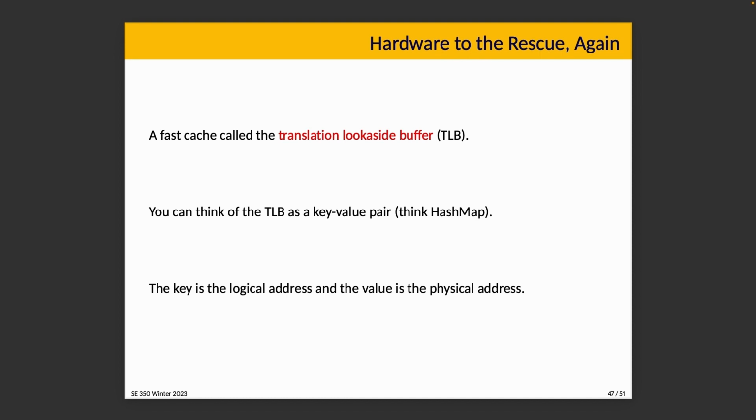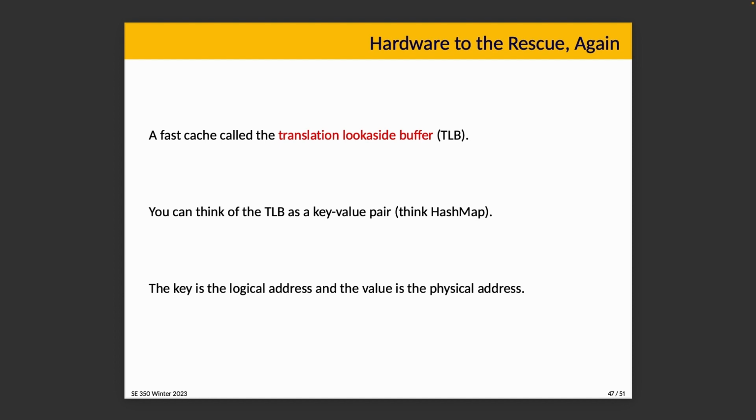Hardware to the rescue again: a fast cache called the Translation Lookaside Buffer, TLB. You can think of it like a key-value pair, like a hash map or something like that, which makes it relatively quick to ask where something is. And if we get the answer quickly, it saves us quite a lot of time. The key is the logical address. So when we put in the logical address, we get back the physical address as the output,